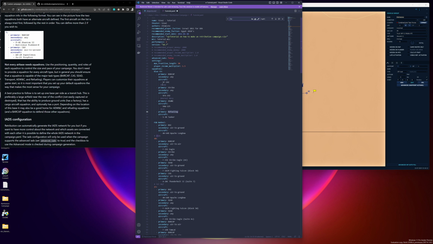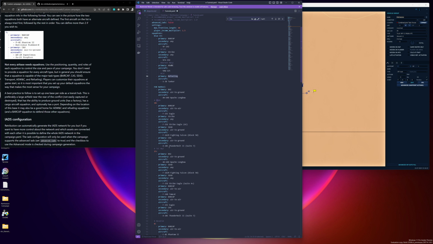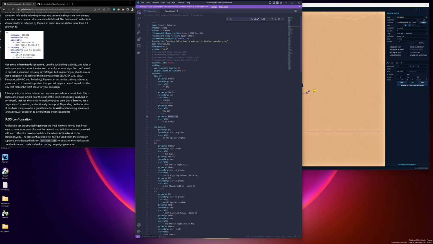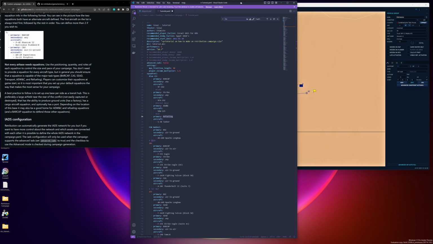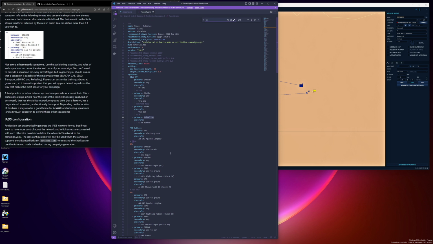Not every airport necessarily needs to have different squadrons. In our case, they will, just because it's a very tiny map. But go ahead and do whatever you feel is the best for your campaign. The next thing to note is that you can actually add additional aircraft on a specific